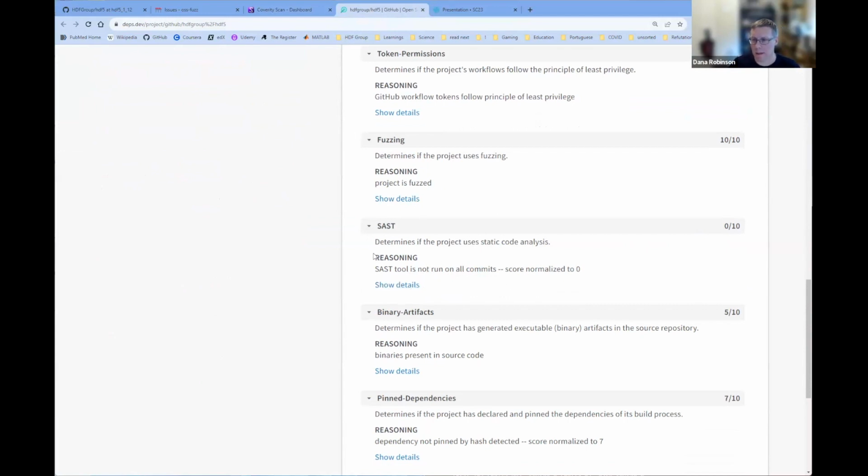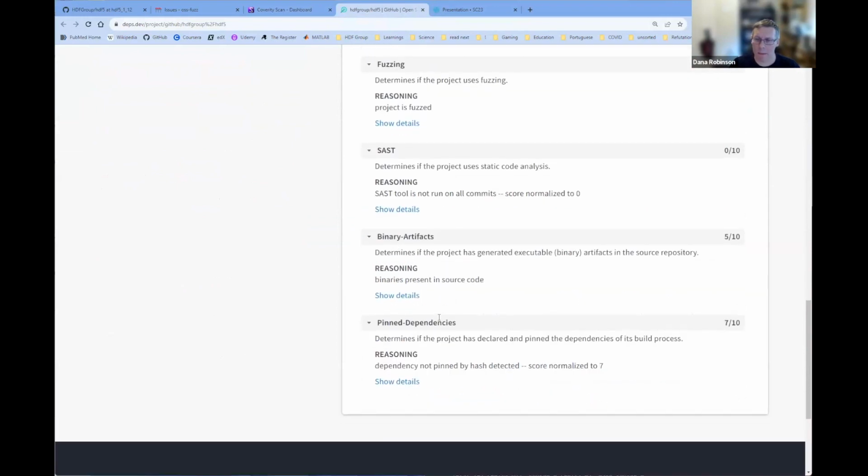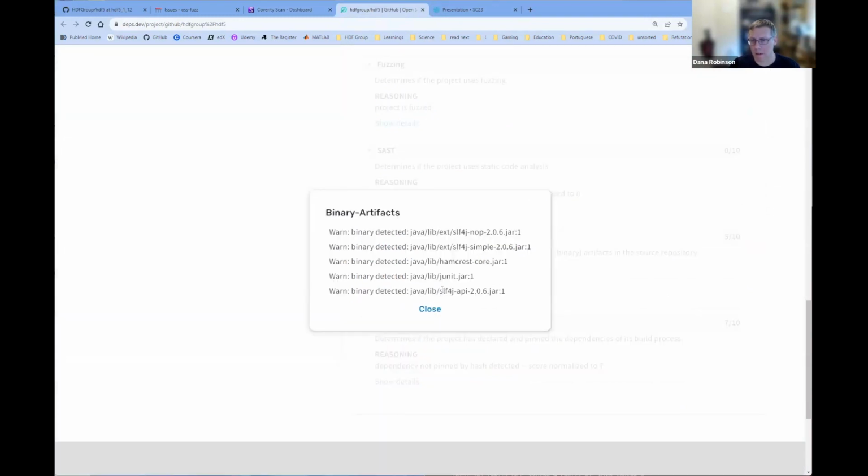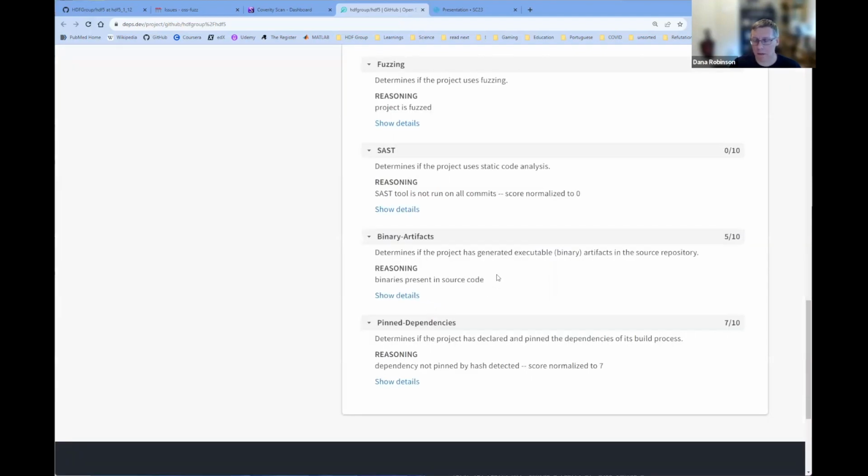I just don't want to set things up that take an hour to run, and I'm not sure if this is going to do that or not. So maybe we'll get this set up. It also complains about binary artifacts because we packaged the Java stuff, the JUnit and the logging stuff, instead of pulling it in. And it complains about our pinned dependencies.